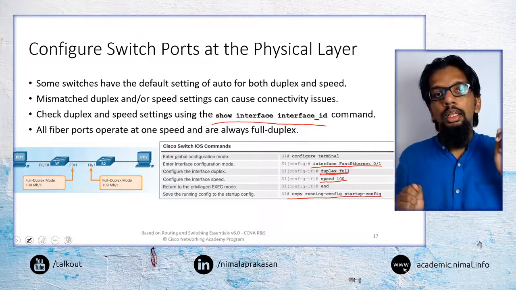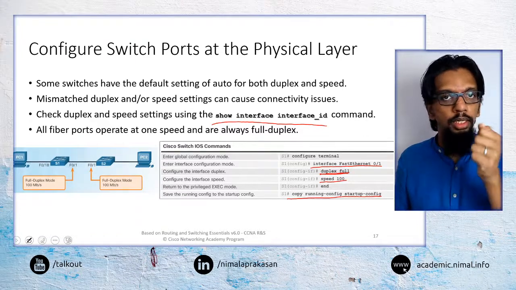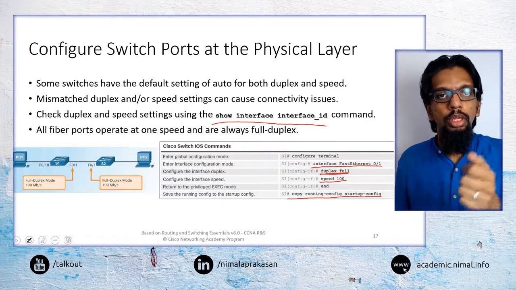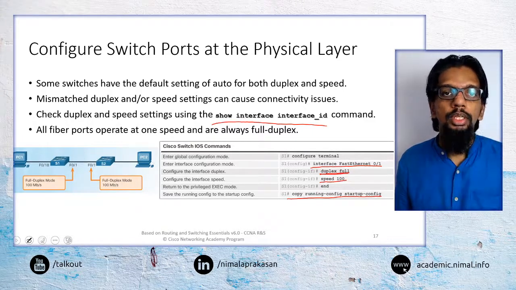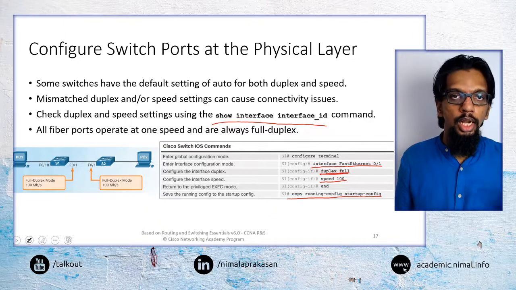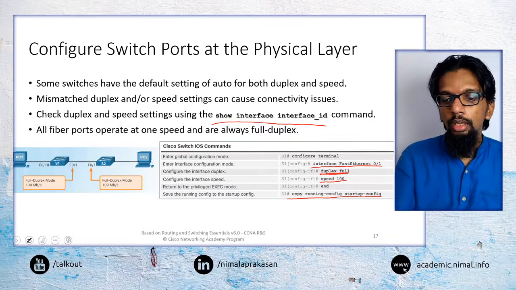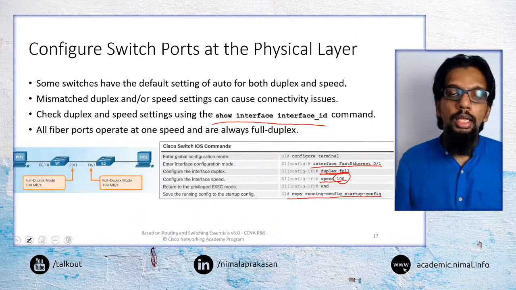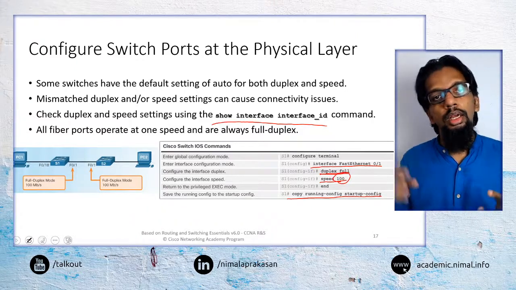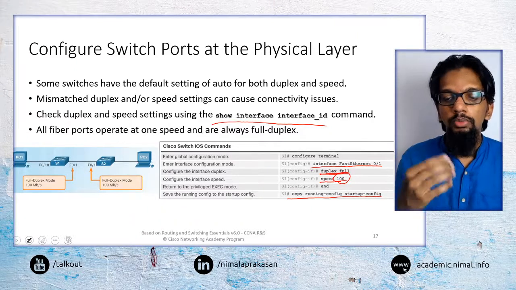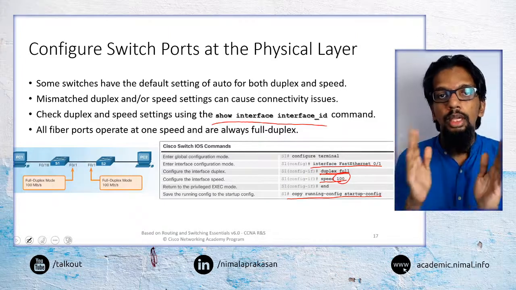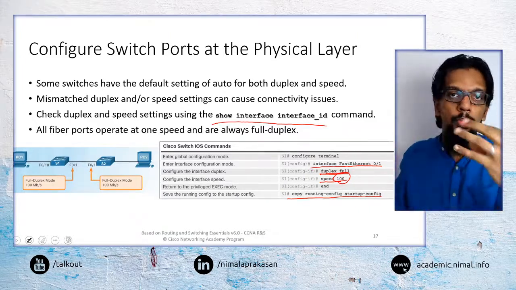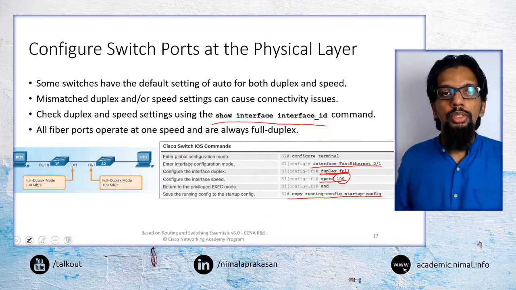So this is when we are manually connecting devices into the switch port, and we want to manually change the properties of each of the connections. So a connection coming from a computer, we want to configure its speed as 100. Then a connection coming from another switch, we may want to configure its speed as 1000. These are speed settings, because we want to match the speed at both ends of the devices.